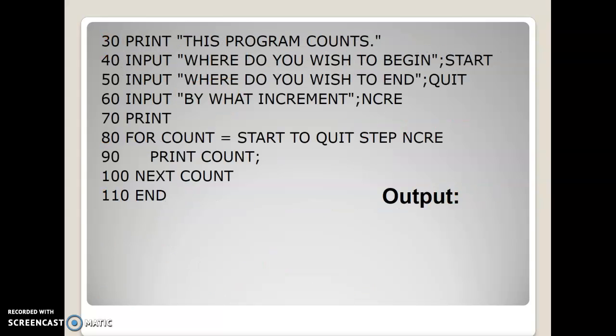So here's an example of a program that allows the user to decide how it's going to increment. So we're going to start out by entering start as being a 4. We want it to quit at 8. And I ask them, by what step do you want to increment? And so the user enters a 2. And so this one is going to start at 4, and it's going to increment by 2. So we have a 4 here, an 8 here, and it's going to increment by 2,